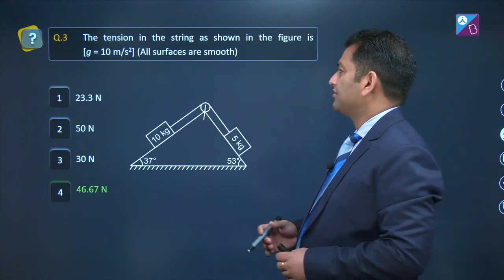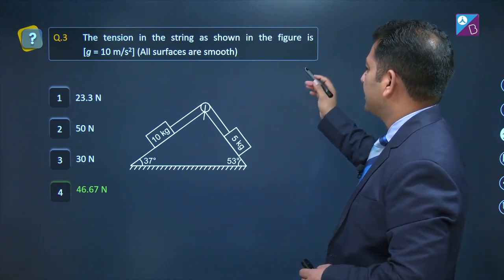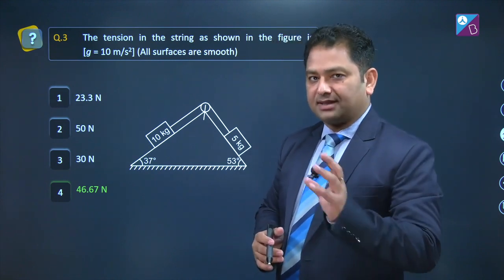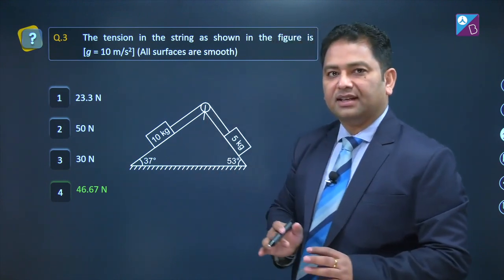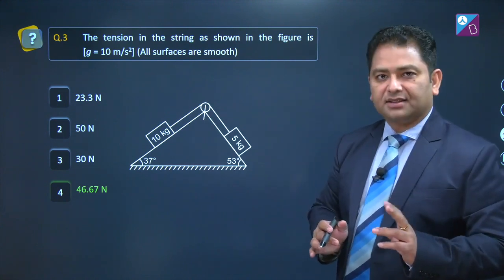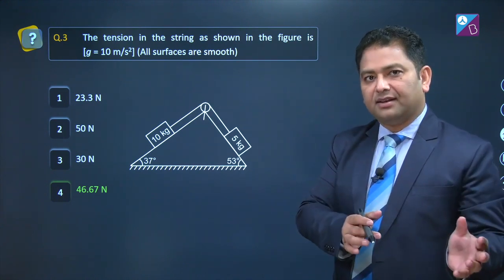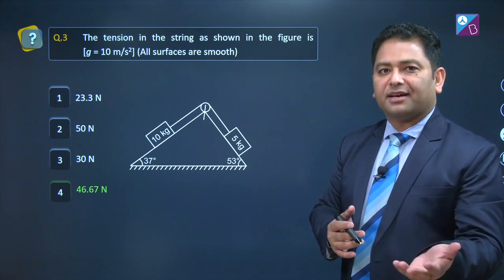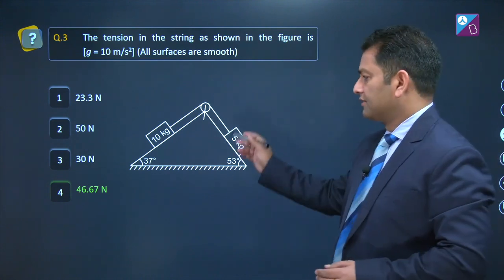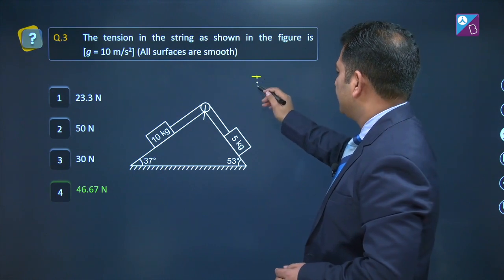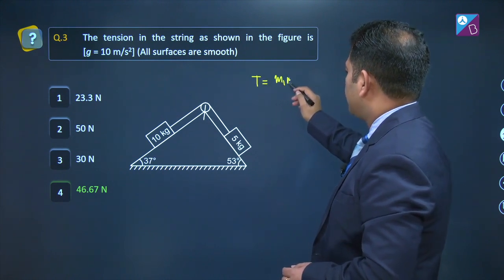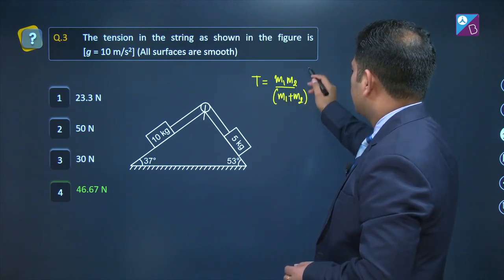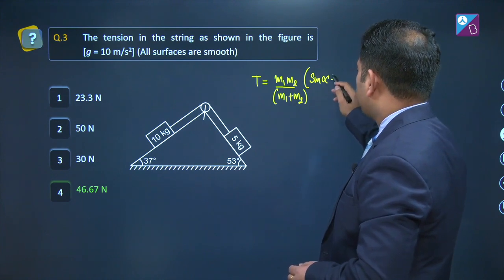All right, in question number 3, we have to calculate the tension in this string as shown in the figure. Now say this is a case of a simple pulley. By simple, I mean to say that the pulley is fixed. Now, there are two strategies. One is go with the actual formal method, or other, specifically NEET aspirant, they memorize, and I also recommend you memorize the expression of tension for this situation. Like that value of tension equals to m1 m2 divided by m1 plus m2 multiplied by sine alpha plus sine